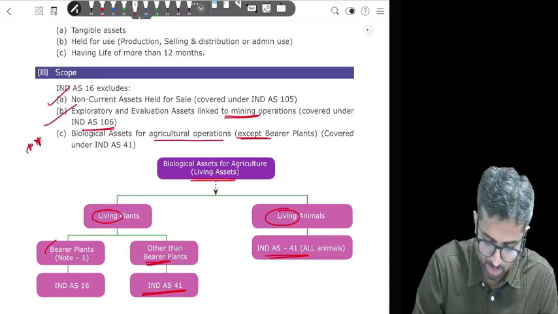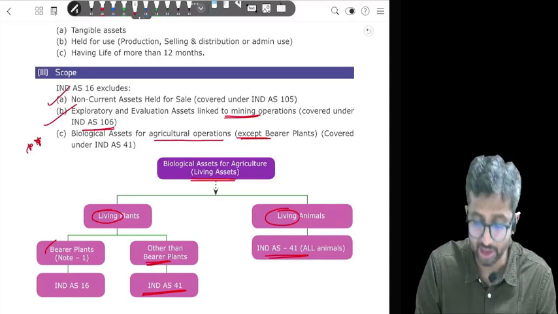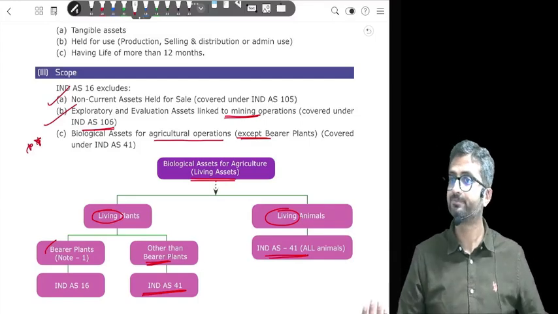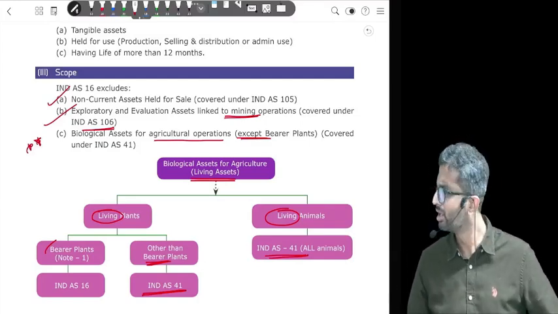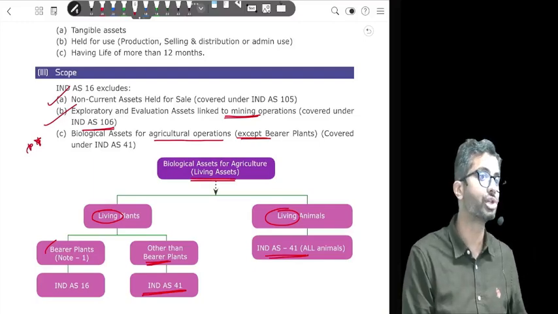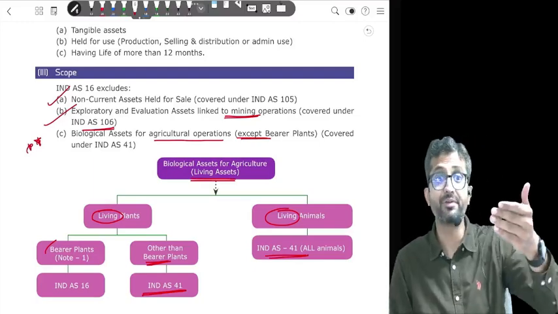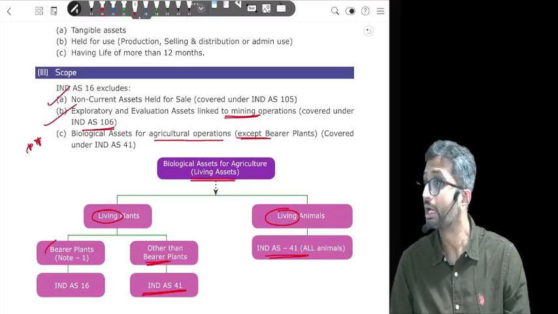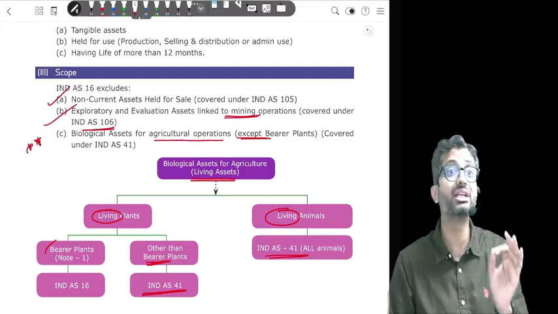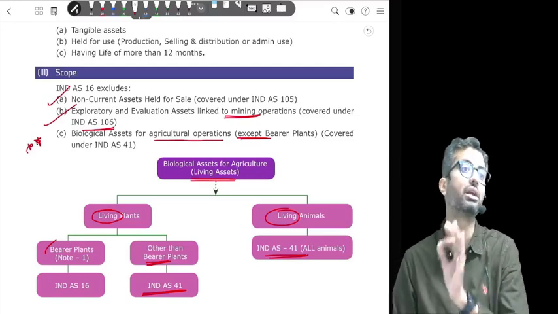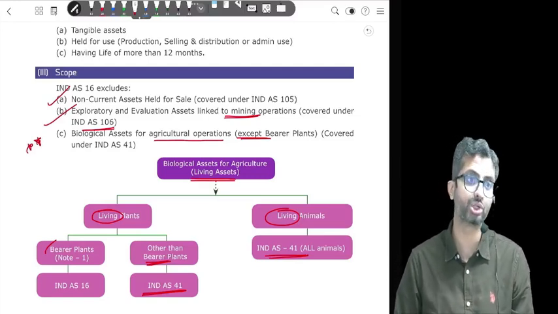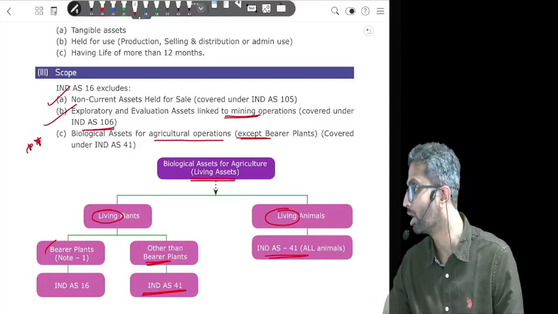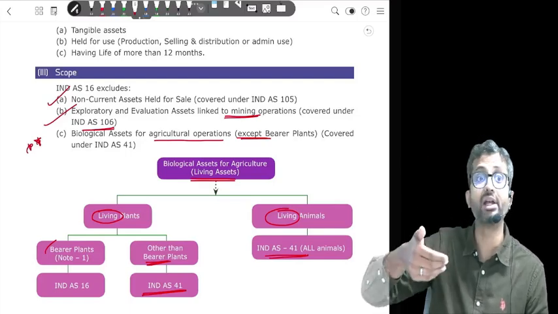Okay, so this is purchase price plus non-creditable taxes less trade discount. Is that it? Are there any other expenses that you can possibly add? Yes. For example, if I'm importing a machine from Germany, I might be paying freight for transporting the machinery. Should that be added? Loading, unloading charges, installation charges. Yes, all of these are expenses which are directly attributable in getting your asset in the ready to use condition. Now, one can always argue whether this expense was required or not. Now, one can always say that I took insurance while transporting the goods.